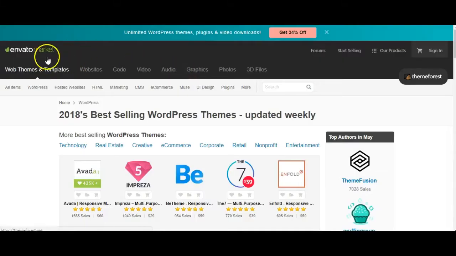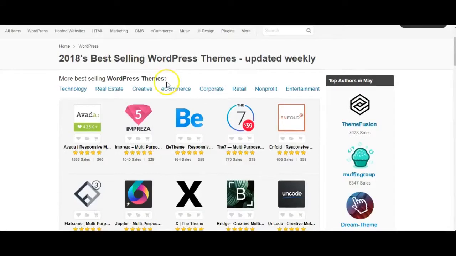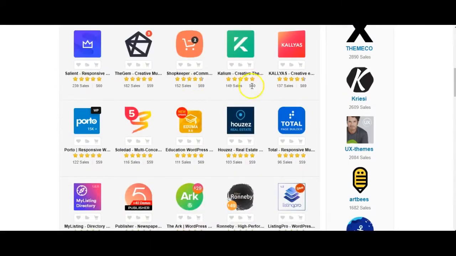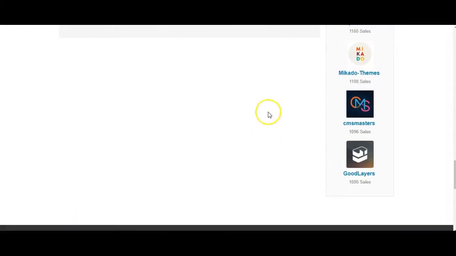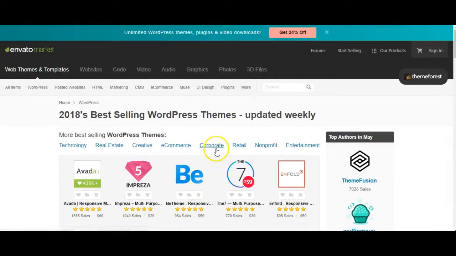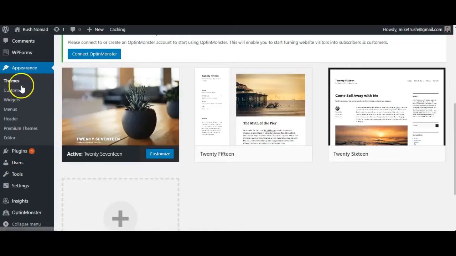And again, if you are willing to spend a little bit of money, themeforest.net is a great site. It has a bunch of different themes that you can utilize and plug in right away. Some of them have a lot of different responsiveness. You can look at some different themes, whatever's going to best fit your type of website. And just for a quick overview, so you can go to a different theme.